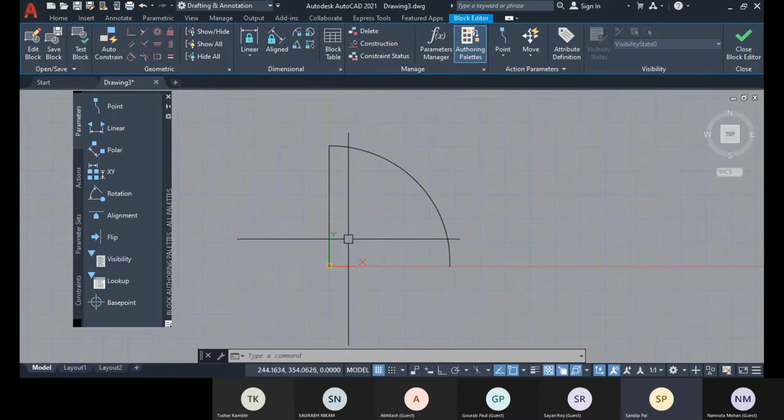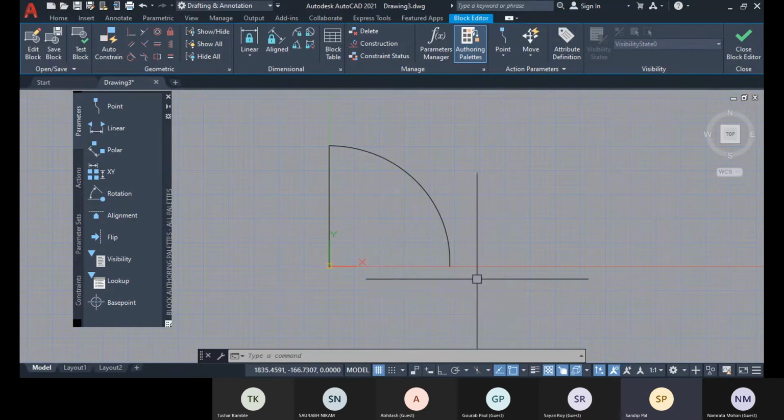Sometimes if we have a wall at a particular angle or an aligned wall, we can align our door plan symbol accordingly, so we don't have to rotate and align it manually. And if we are placing it into an elevation view, we can change that into an elevation symbol as well.